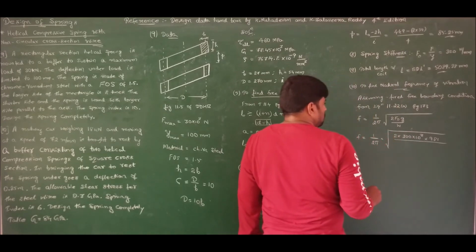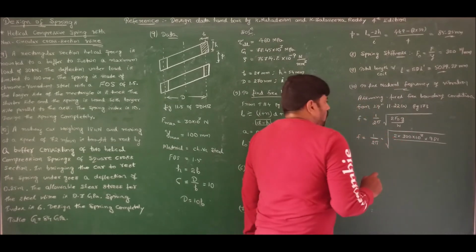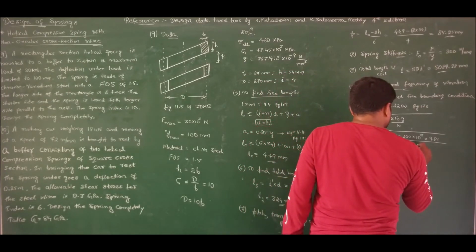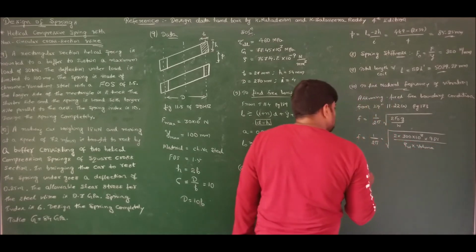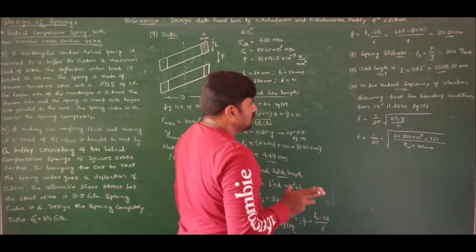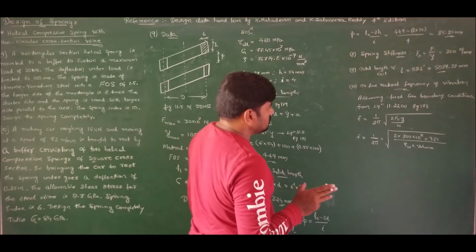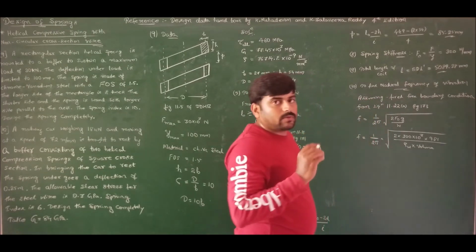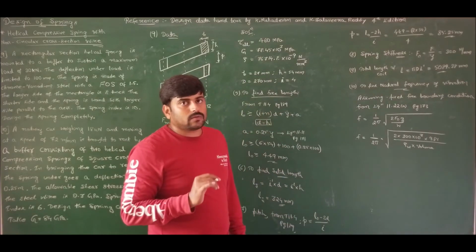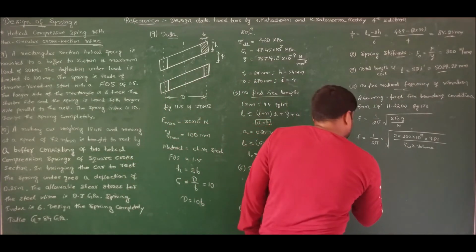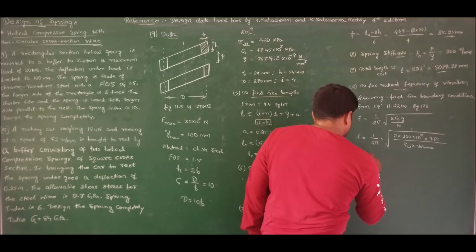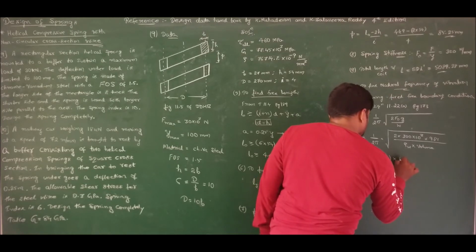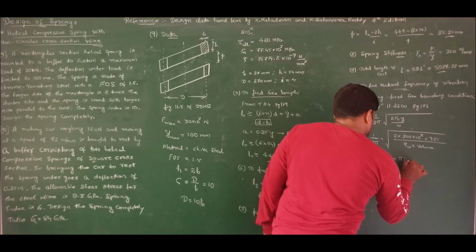Then coming for weight, weight is given by volume into weight density, that is weight density into volume. While calculating volume, we should always consider length as pi D I, because only active number of coils will vibrate whereas the end coils will not vibrate. So let me put it more clearly. While calculating volume for rectangular cross section, area is breadth into height into length, which will be pi D I.